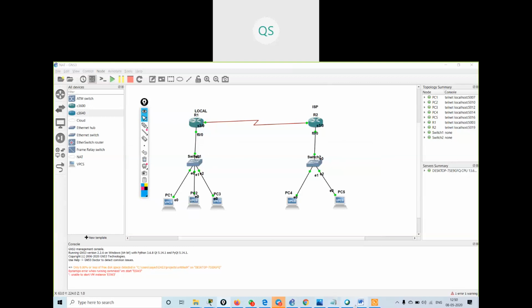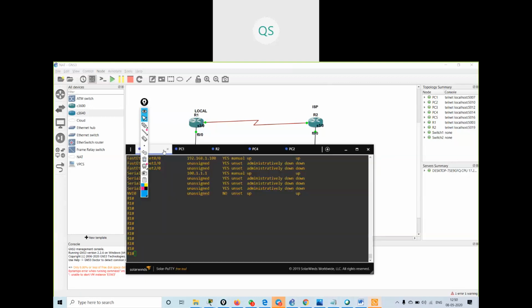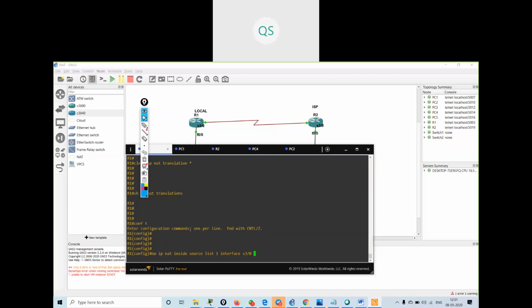What I will do, I will go on this router. Let's see ip nat translations. Okay, config terminal. I will remove the NAT overload also.